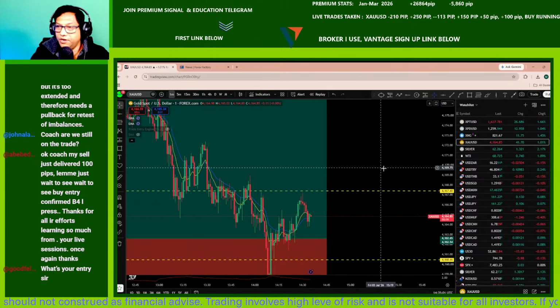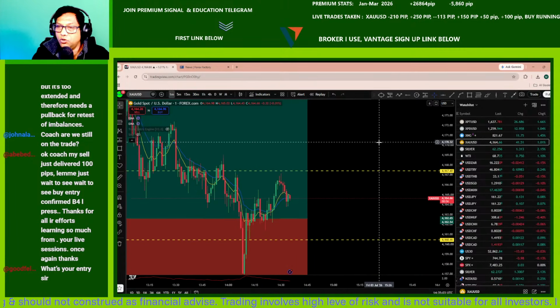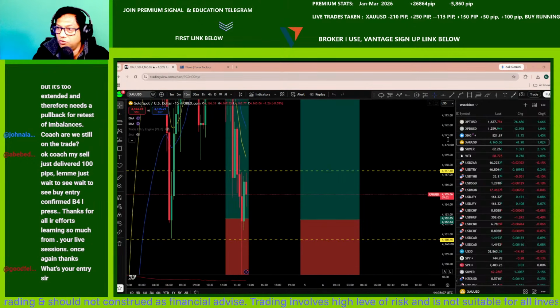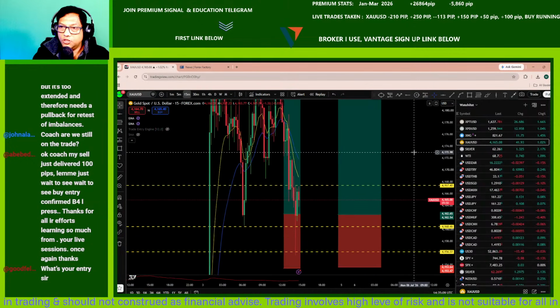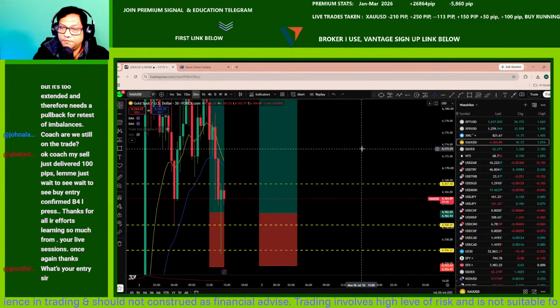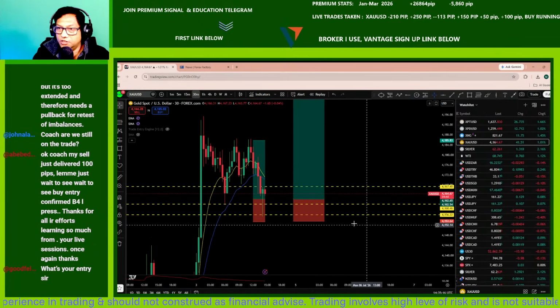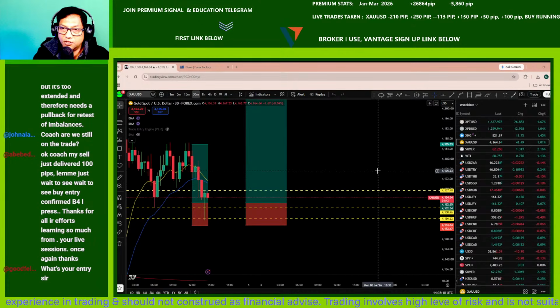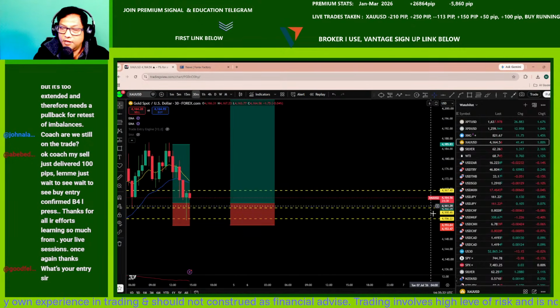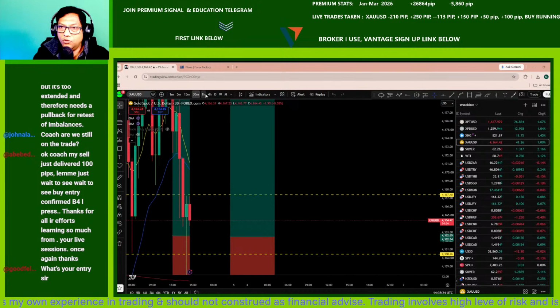What is your entry? My entry here at 4160, which is running in at the moment, running in some profit. Now we want to see that the market shows so far a potential upside momentum here, and there is a rejection, so they're expecting the market to potentially go ahead and create a new higher high. But if you look at that here,